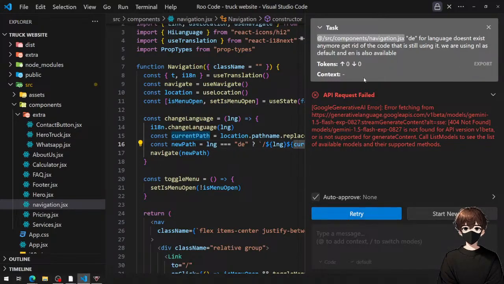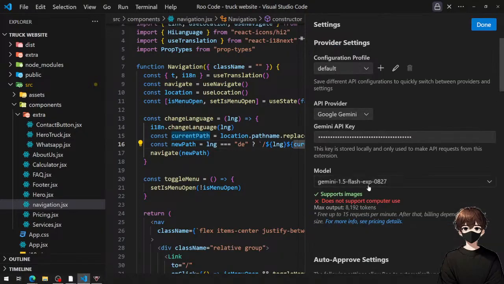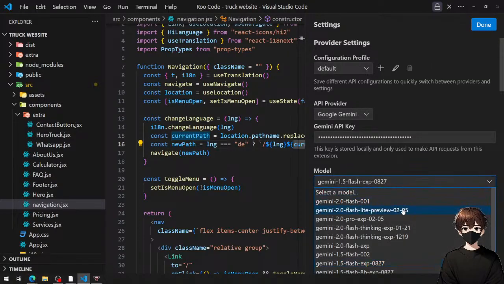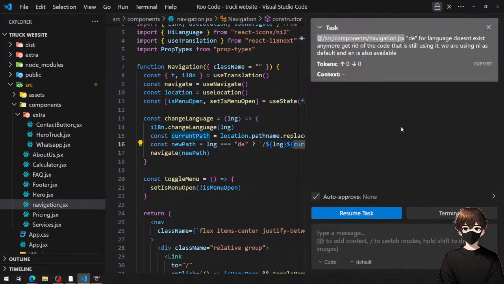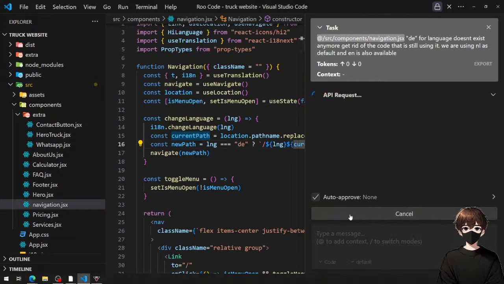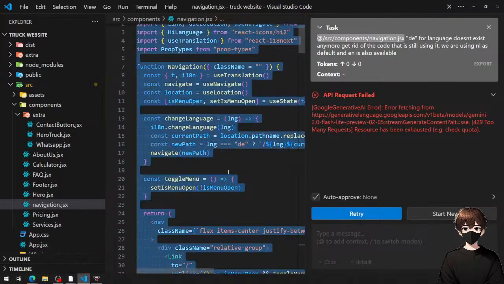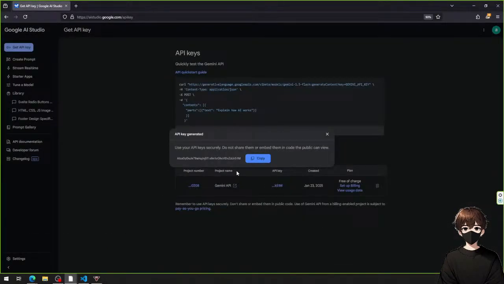Oh, okay, that one doesn't exist anymore. Okay, no worries. That's because it needs to be updated. Okay, let's try it. Too many requests. Resource has been exhausted, but I barely use anything. Okay, we're going to do it another way because the APIs are